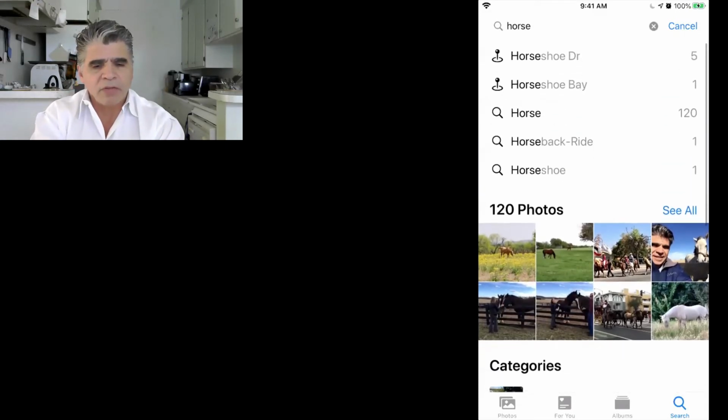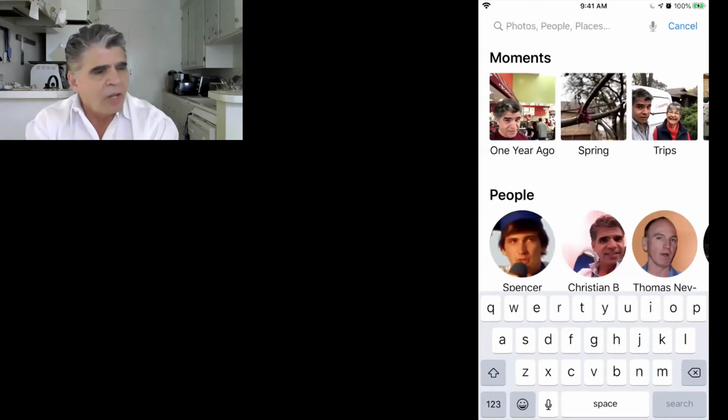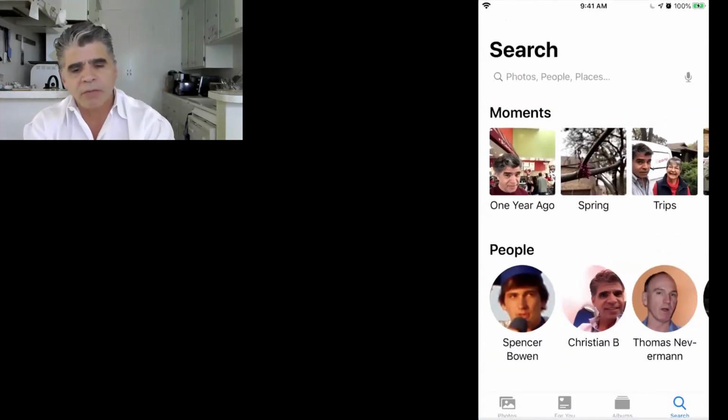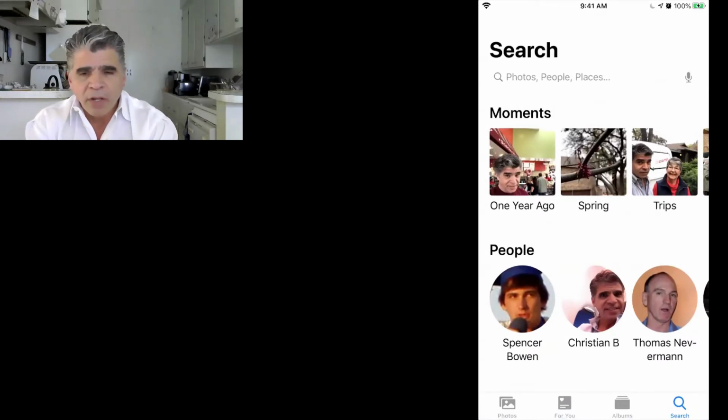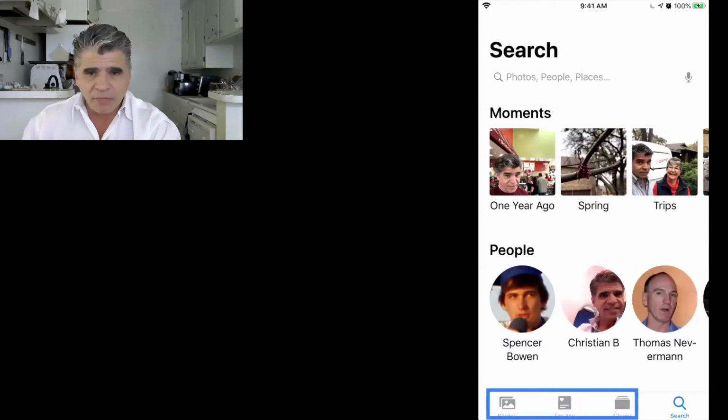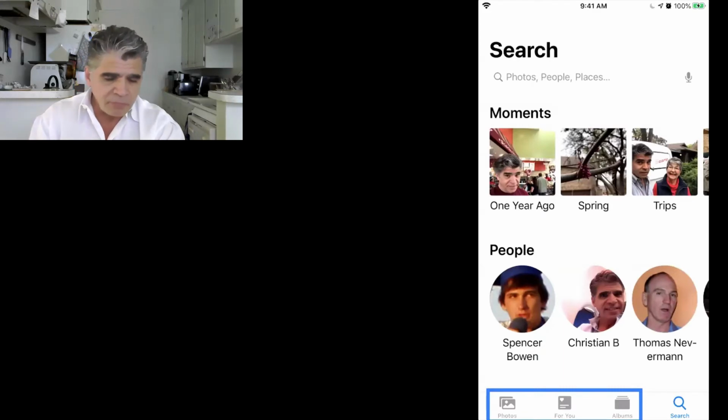Yeah, okay, so that's exactly what I wanted to do with the search. Now I want to show you about memories. So this has changed a lot. These buttons down here across the bottom have sort of shifted around, and they've had different labels, and they've done different things. But what they're doing today is, you got photos which we know about, we got albums that we know about, the search that we know about, but we don't know anything about